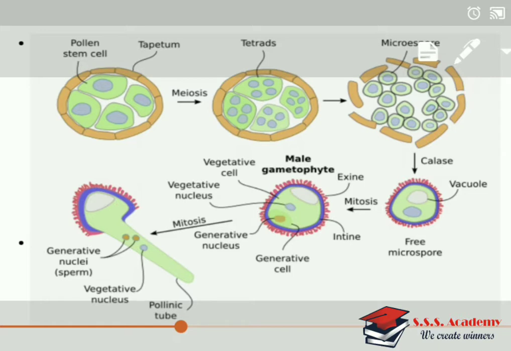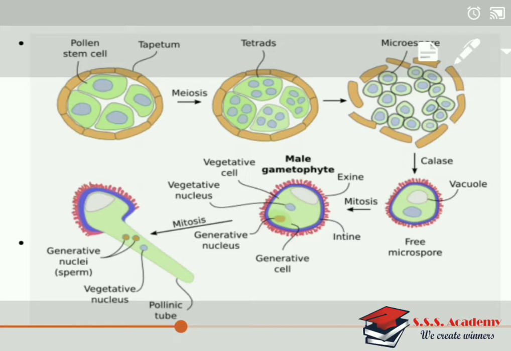So what is tetrad? A tetrad is again the same cell, but the nucleus now turns into formation of a 4 cell. So that tetrad so formed then undergoes formation of microspore. Okay, so how does that spore form? Each tetrad develops into microspore and ultimately it results into formation of a free microspore. So if you observe the fourth diagram, it shows a free microspore.